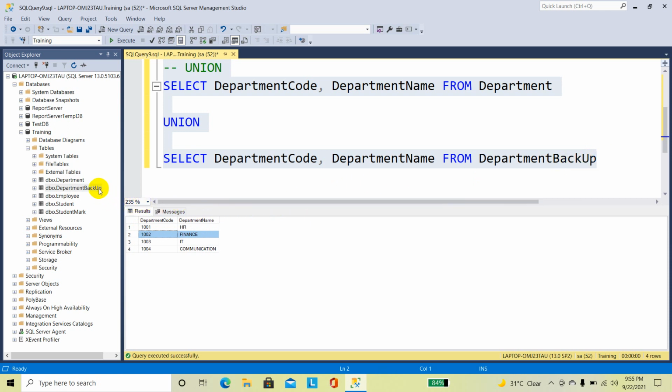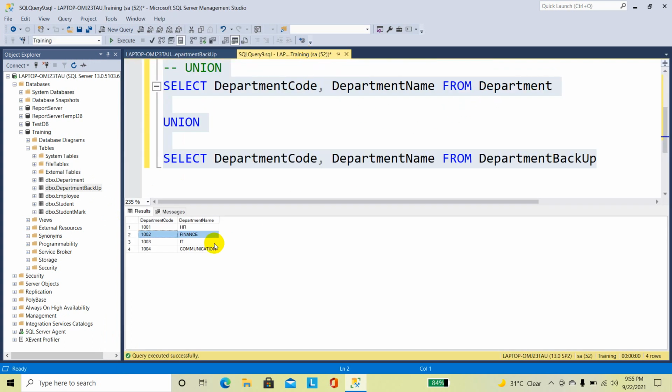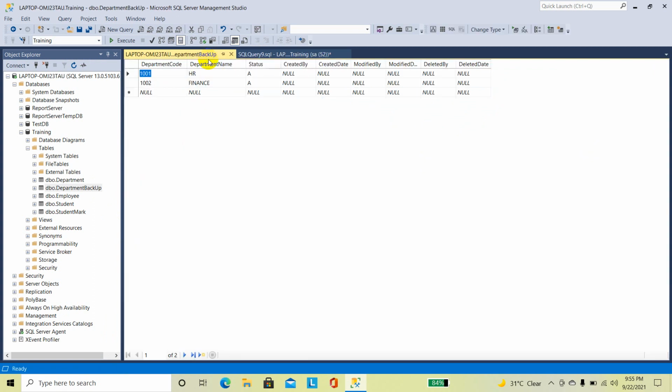Now I am going to add one record in the department backup table. Here 1003 IT exists in the department table. I am going to add IT in the department backup table. Instead of 1003, I am going to give 1004, IT.